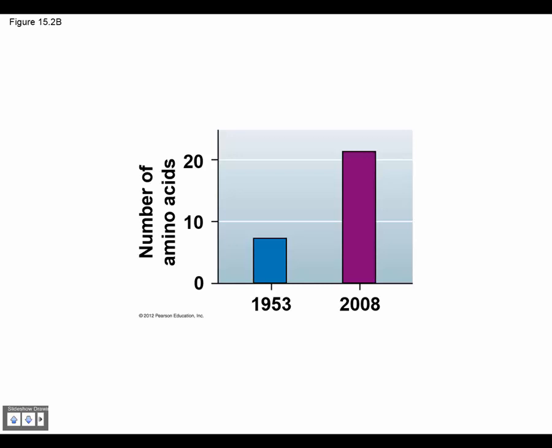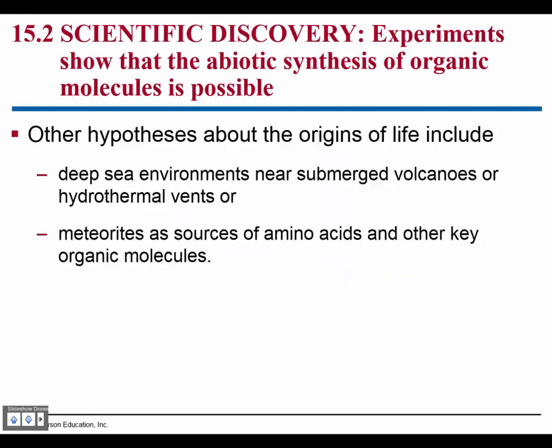And when we look at the number of amino acids that we now find from 1953 to 2008, we see the difference there. So, other ideas about the origin of life: deep sea environments near submerged volcanoes or hydrothermal vents, right? They have a very unique life deep in the ocean there. Meteorites as a source of amino acids and other key organic molecules. And there's evidence for this, and when you open up meteorites, you can find the basic sources for amino acids,